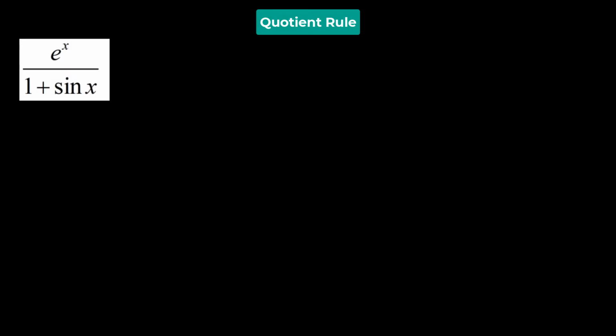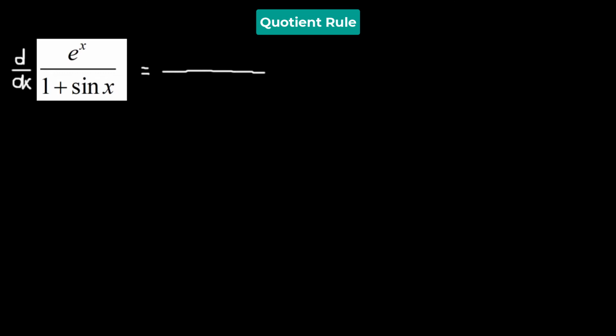So here we have the function given by e raised to the power of x divided by 1 plus sine of x. So we need to find its derivative with respect to x. So we're going to use the quotient rule here. So we have the function 1 plus sine x in the denominator. So we will begin with the denominator. So we take 1 plus sine of x